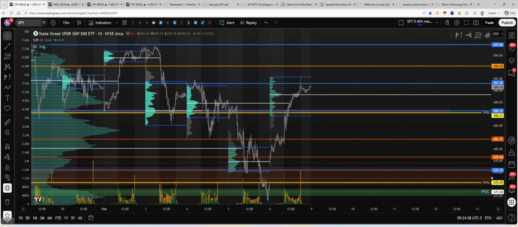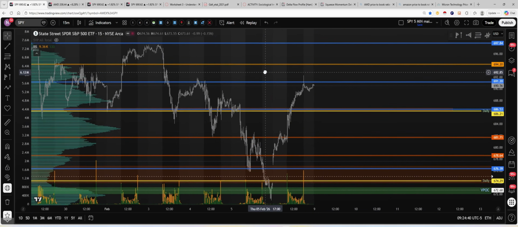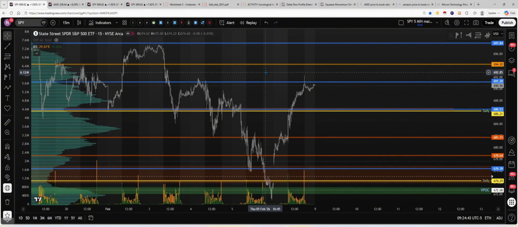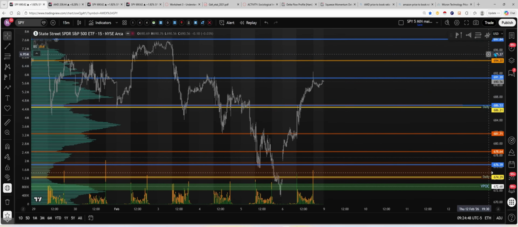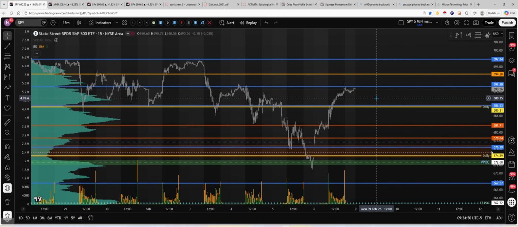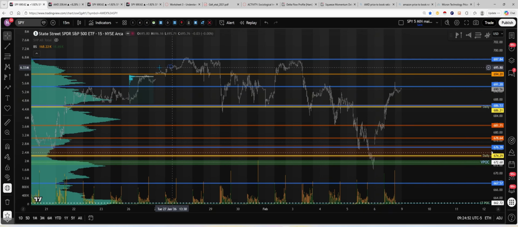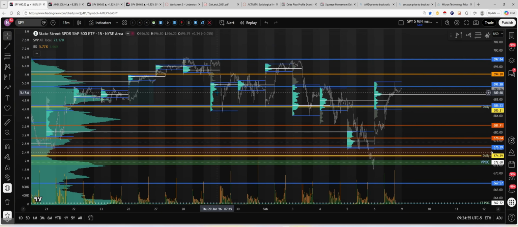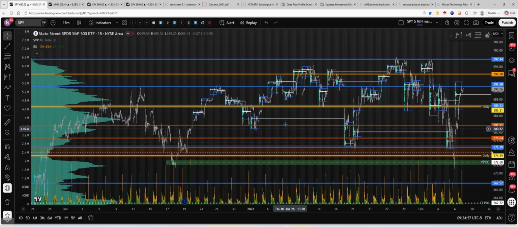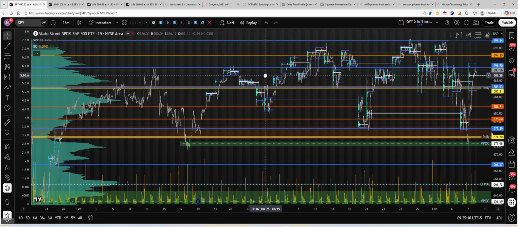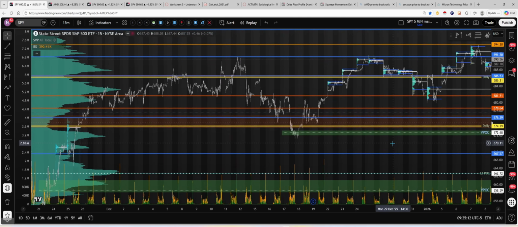So now let's go ahead and talk about another really awesome volume level that I'm looking at. What I would be looking at is previous session points of control that have not yet been tested. So let's turn this back on. Unfortunately, they only give you so many. So if you have a market that's trending down and it's getting to a range that's outside of what they allow in TradingView for previous days of that session volume profile, I do go back and do this